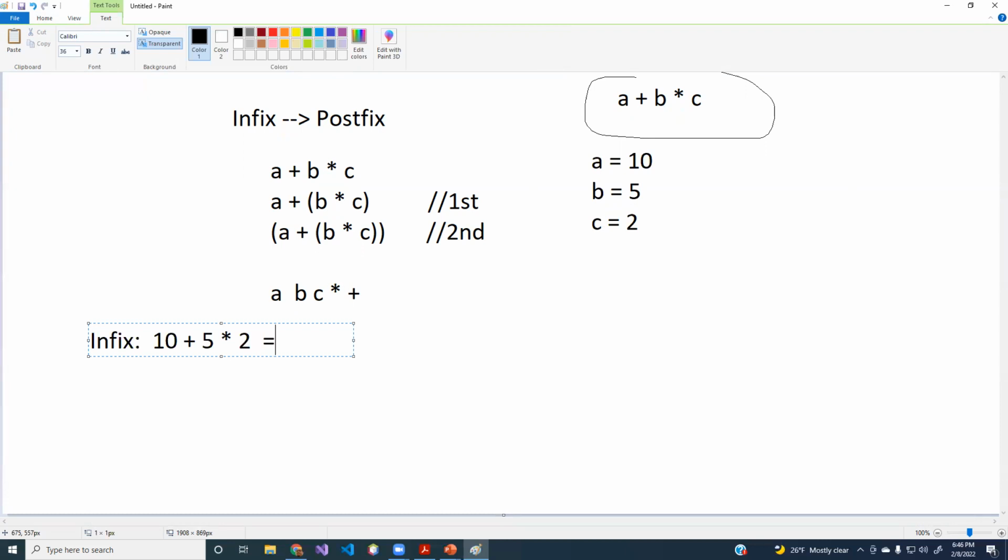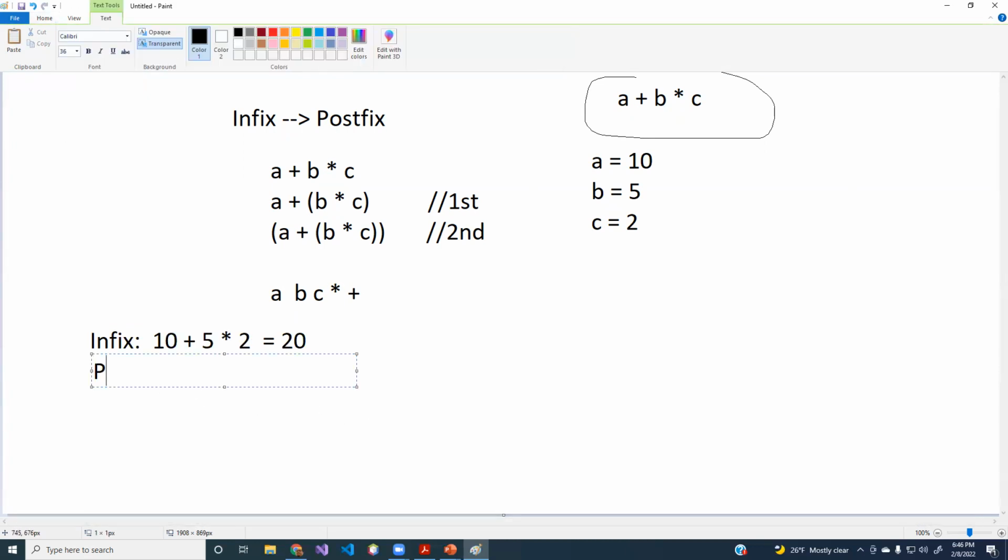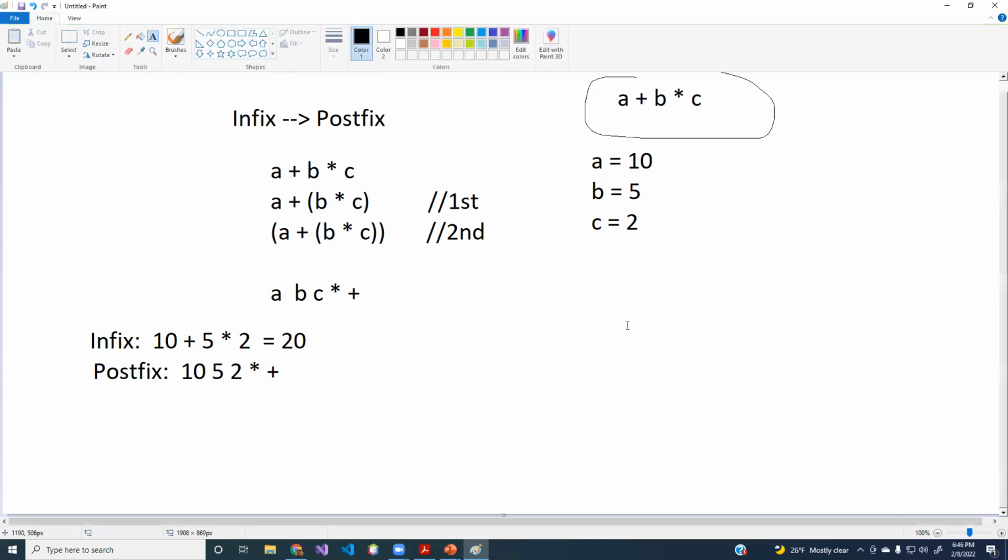20, right? Because we do the multiplication first, and then we do the addition after that. Now, my postfix version is 10 space 5 space 2 space star space plus. Okay, that doesn't look quite as doable. It seems like that would be really difficult, but you can use a stack to actually calculate